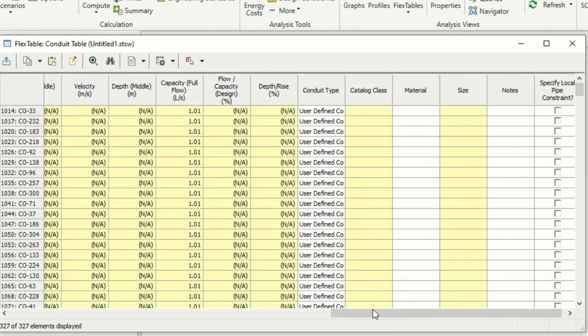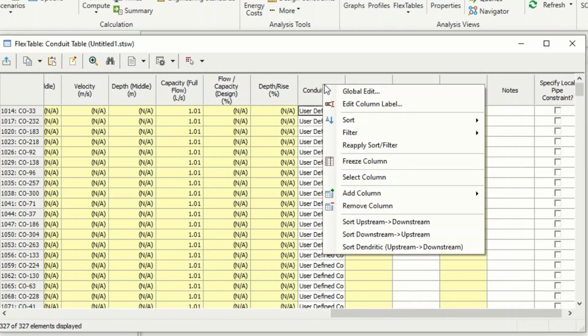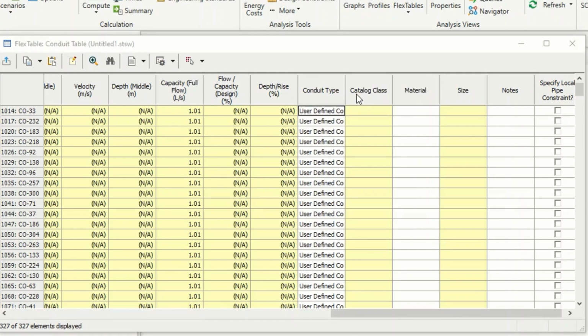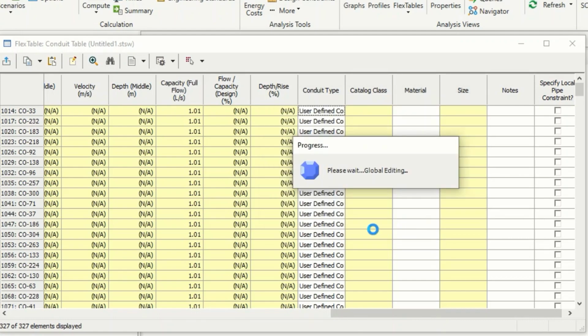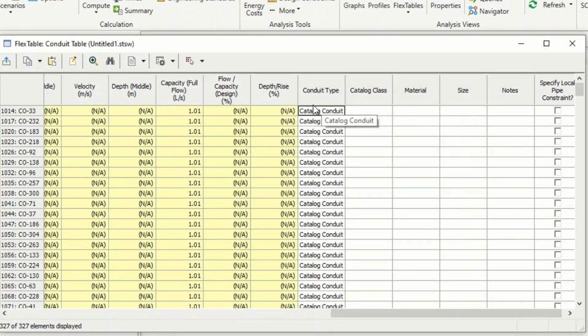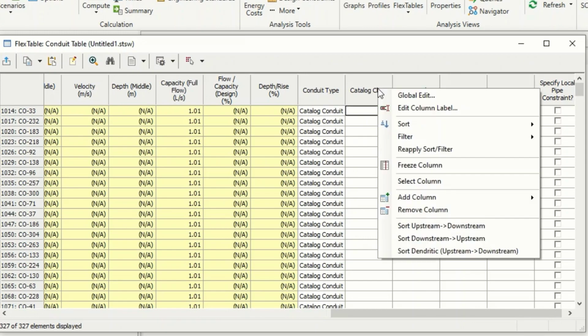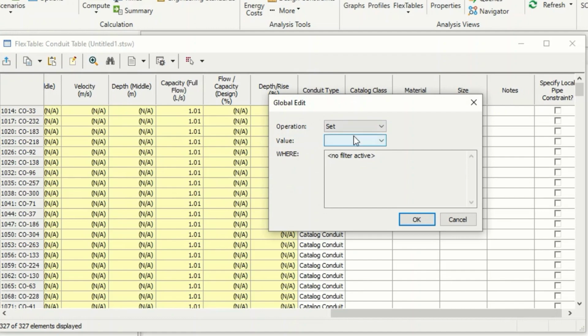Okay, and now right click on the header and choose global edit, and now we will take the conduit catalog, which we identified in the catalog. Now we know we take the conduit type from the catalog, and for the catalog class, again global edit, and we'll take our corrugated